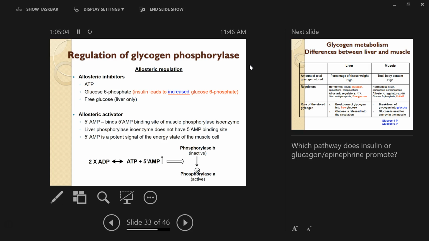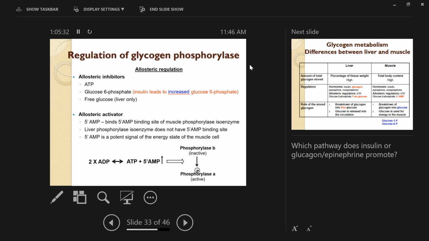These can inhibit the glycogen phosphorylase. So ATP, glucose 6-phosphate, and free glucose basically inhibit the glycogen phosphorylase, so they inhibit glycogen breakdown,